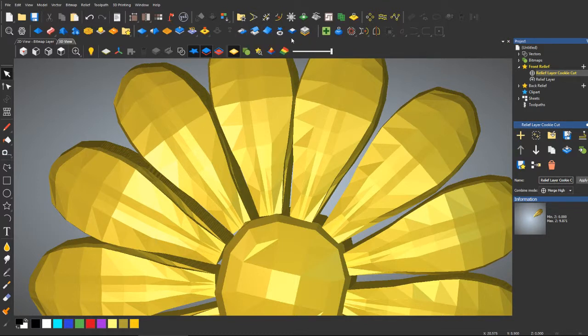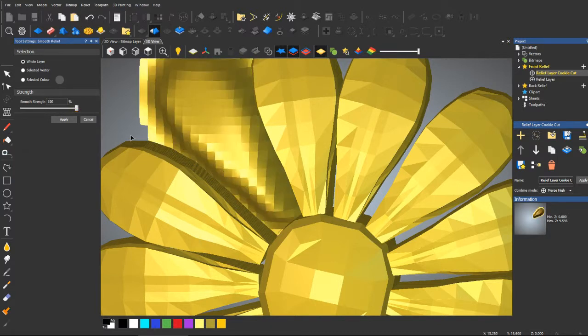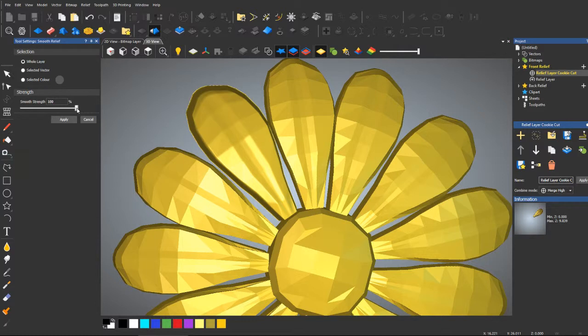So using this smooth tool right here, smooth relief, I can move this slider until the leaf is as smooth as I want it to be. Right now I have it all the way to 100%. I'm going to apply. And if it's still not smooth enough, I can apply again. And one thing I can do to make this go faster though, let me cancel,